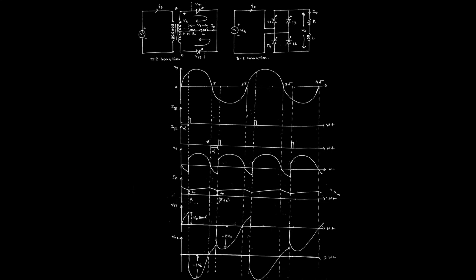In this waveform, see carefully the average output voltage. To calculate it, first we should find the duration. This peak is confined to the duration alpha to pi plus alpha, and in a complete cycle, that is 0 to 2 pi, the number of peaks in the forward direction is 2. That means the number of peaks is equal to 2 in a complete cycle of 2 pi, and any one peak is confined between alpha and pi plus alpha.